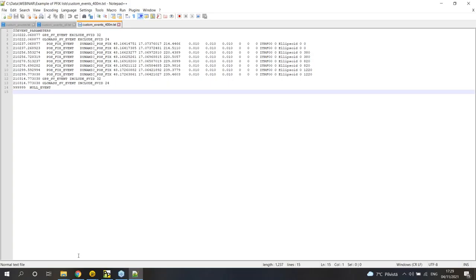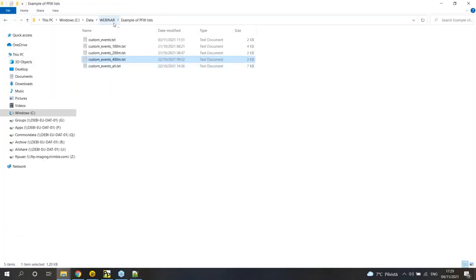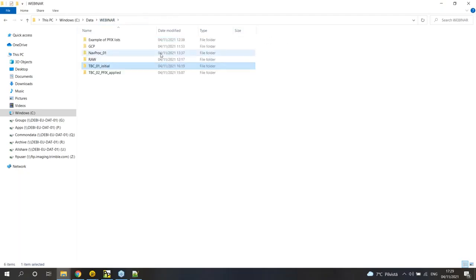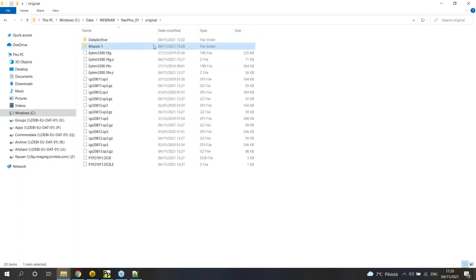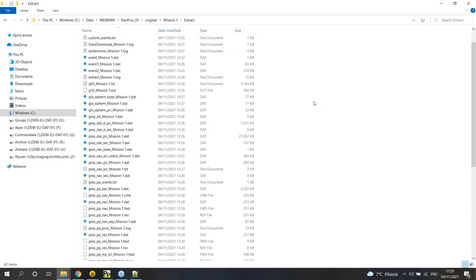All right. So what we do with this file, I will take the one we just generated. It's in my initial TPC folder, custom events. We don't rename it or anything. We take this, copy. I go to my postback project folder. Inside there is a folder called extract, and I simply paste this file there. Now I have a postback project open here,